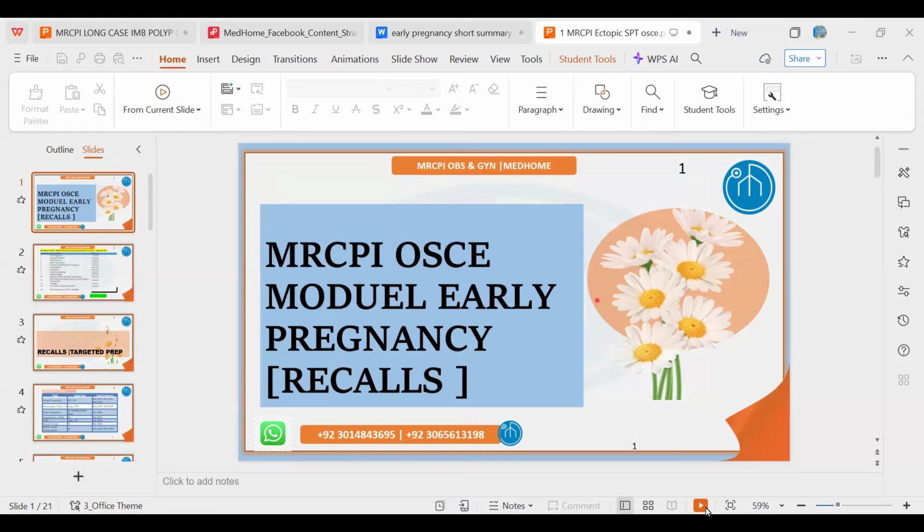As you know, there are 14 modules for the MRCPI OSCE, and a few modules are big and a few are short. We have decided the important modules and the bigger ones we will take in 2 sessions, and the short and comparatively less important modules, though anything can come in the exam, we will take in 1 session. Early pregnancy is important, though it's a short module compared to others, so we will take it